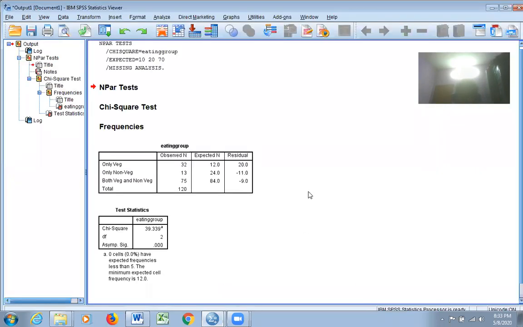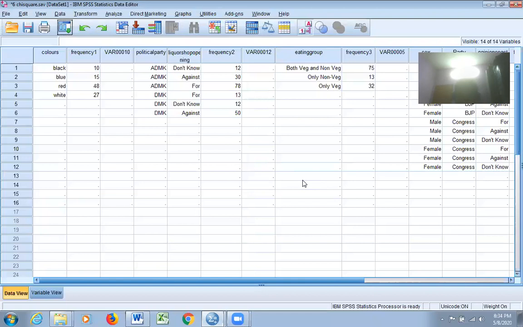Give okay. You can see here the expected number of participants, the observed participants, the difference plus or minus. And here you can see the chi-square value, degree of freedom, and sig value. The sig value is 0.000, which is less than the significant level of 0.05. So the null hypothesis is rejected and the alternative hypothesis accepted. It means that there is a significant difference between the observed value and the prediction of the pattern we have. And this is how we conduct the goodness of fit test in chi-square.